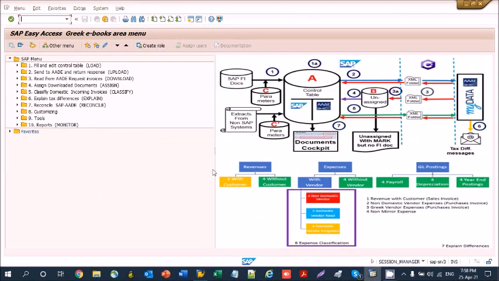Retail sales. Retail sales are posted either using a cash account or a special retail customer. Retail sales with a cash account are posted using transaction FB50.